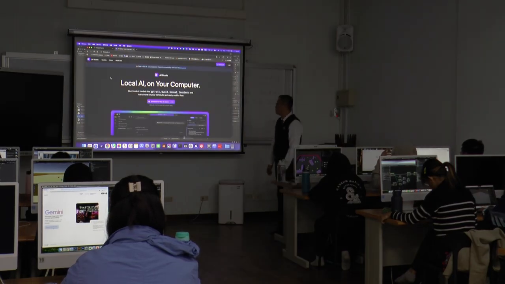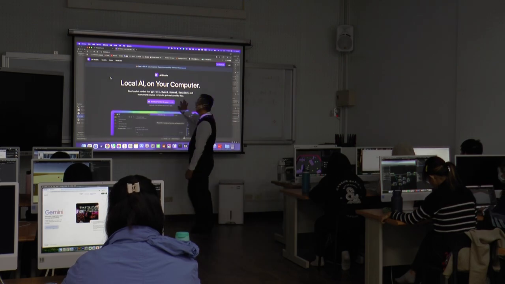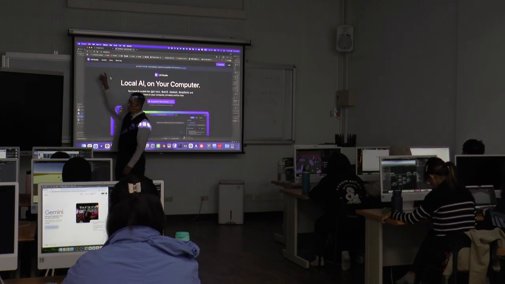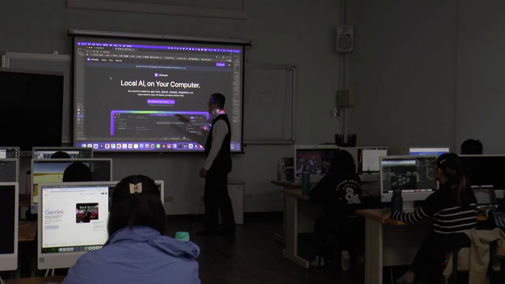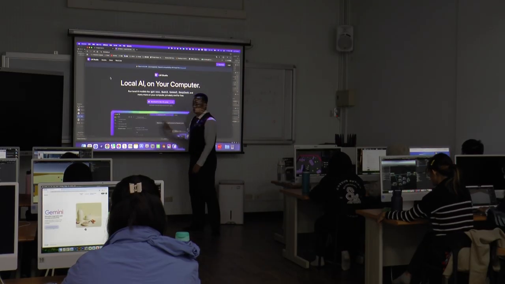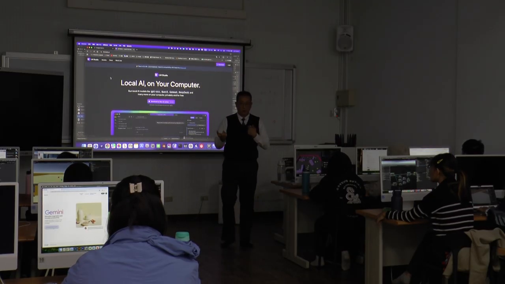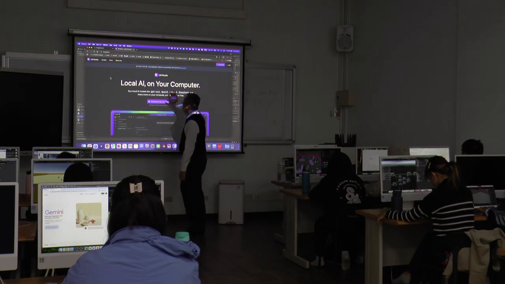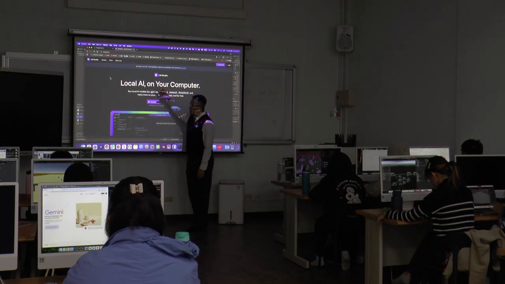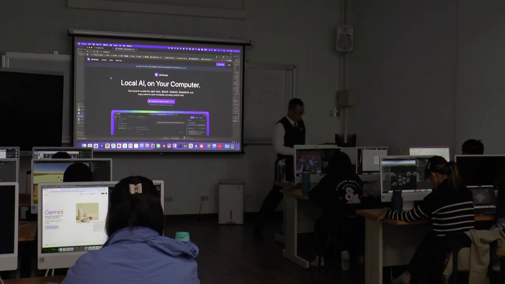Okay, so this LM Studio is totally free, and it's cross-platform. I use a Mac, so I can download it. Once you download this and install it on your computer,